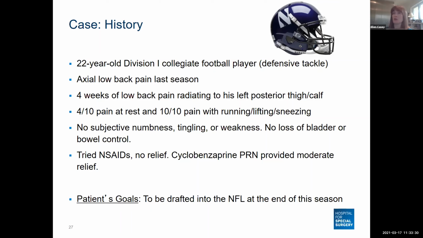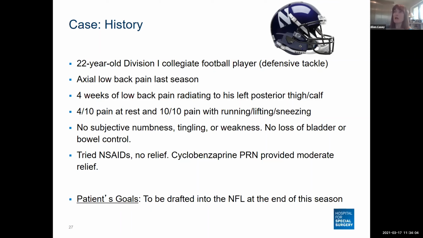He denied any numbness, tingling, or weakness that he had noted, no bowel or bladder dysfunction. When he had seen me, what he had tried so far was some non-steroidal anti-inflammatories over the counter, not really helpful. One of the other treating physicians, I think in the training room, gave him some Flexeril or cyclobenzaprine, and that was really helping him sleep, which had been a problem for him due to pain, but it wasn't really relieving the pain significantly during the day, and it made him pretty sleepy,